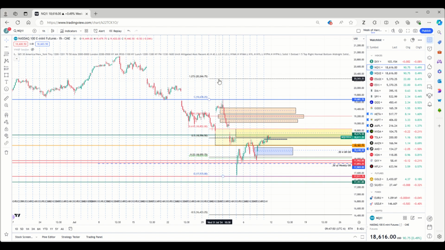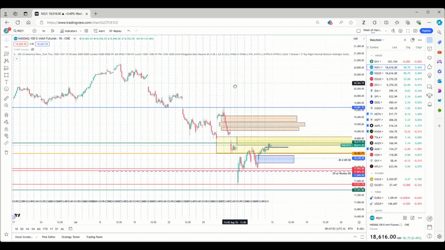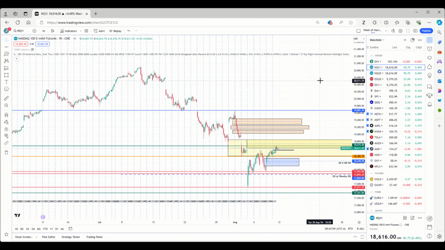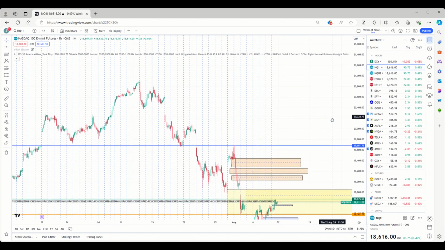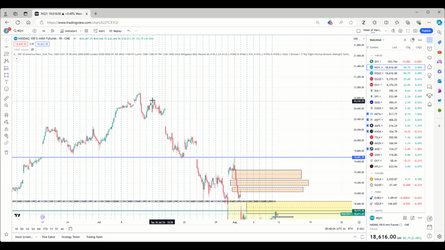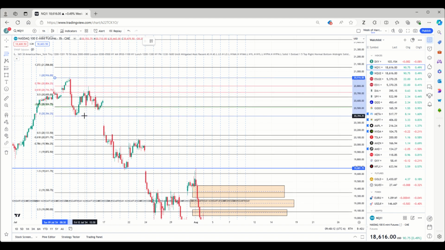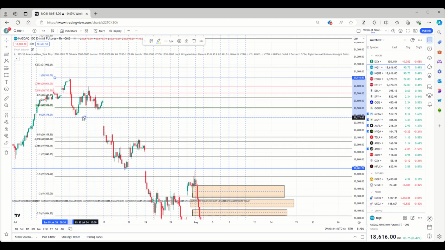So if we look at the next price range here, and once again, what I'm going to do, I think I had this back. No, I did not. So I'm going to move this down to this swing high, and let's just see how it reacted. Alright, completely fell, got over 25 and then just kept going. So let's see, down to the swing low, and let's move it to the swing high